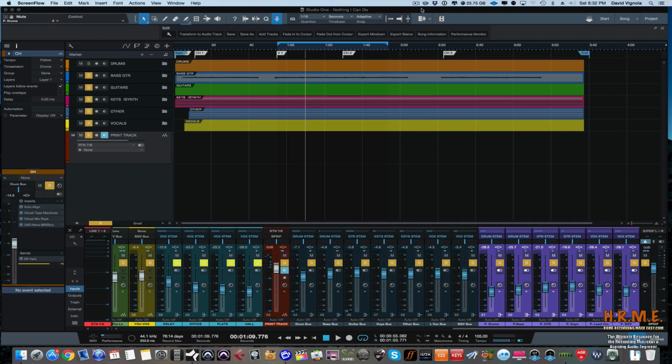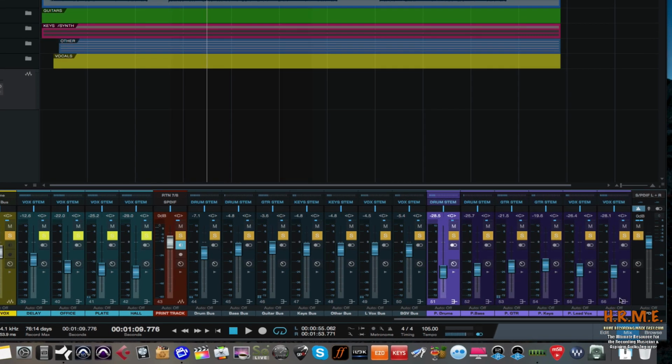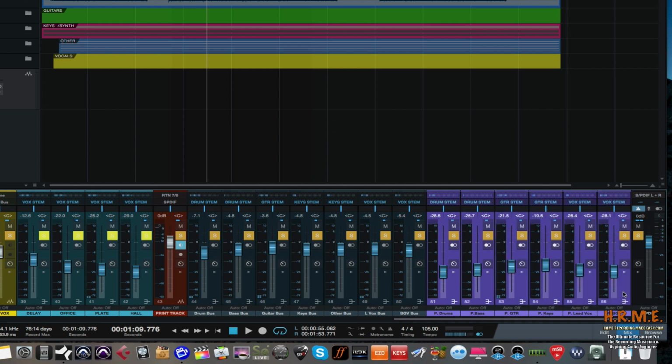So having said that, let's look down here at the very last 5 or 6 tracks that we have down here in purple. These are the parallel compression tracks, and we're going to mute them. I'm going to play back a section of this song, and the mix is not completely done. It's still being tweaked, but we're getting there. So I'm going to play back this section of music, and somewhere in the middle I'm going to turn on the parallel compression track so you can hear what the parallel compression is doing to